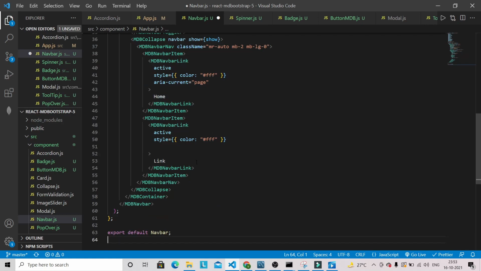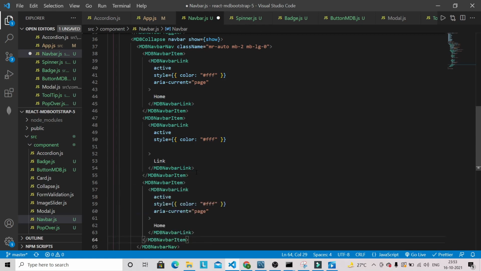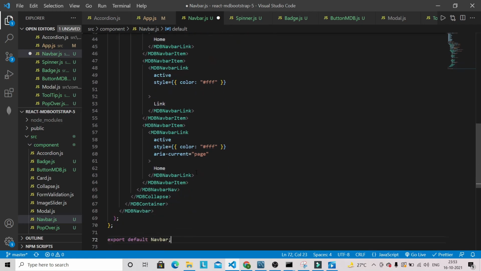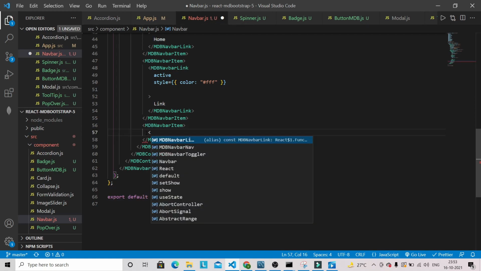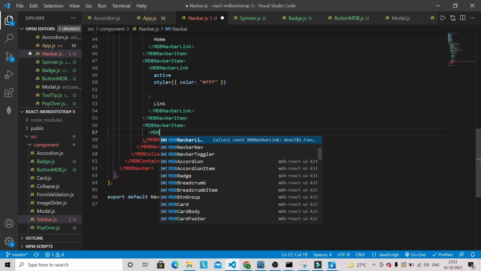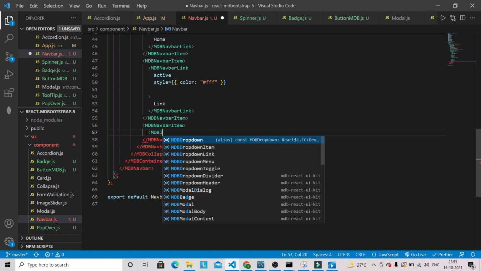Okay, and after that we're going to have another navbar item, so we can just paste it here, but this navbar item will have a dropdown. So we can remove this link part, and inside that we can have MDB dropdown.